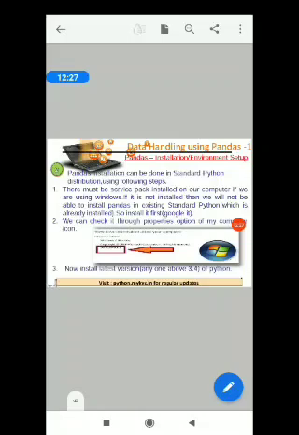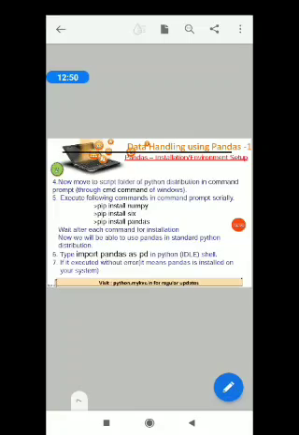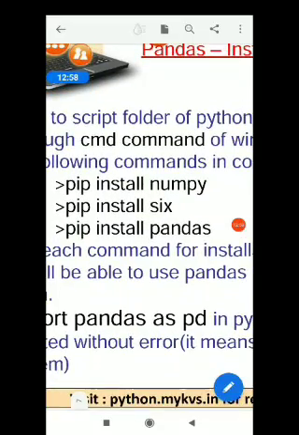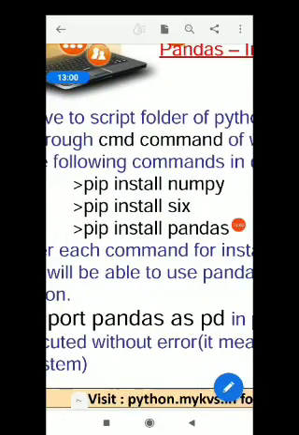You may go through the Pandas installation environmental setup in your laptop or computer also, and alternatively, those who are not able to write in mobile phone or install in mobile phone, they may go for the computer installer, Python installer. Okay. See, these are the execution commands. I'll show you. These are the installation commands if you are installing it into your command prompt.